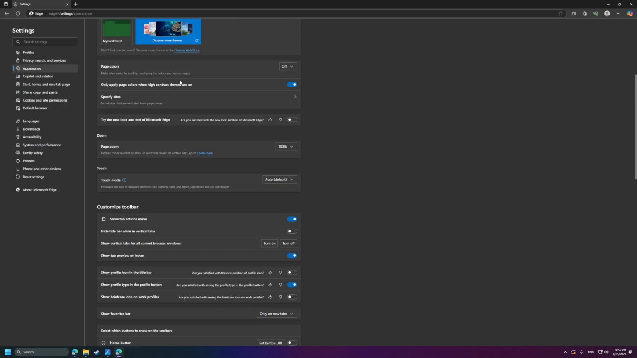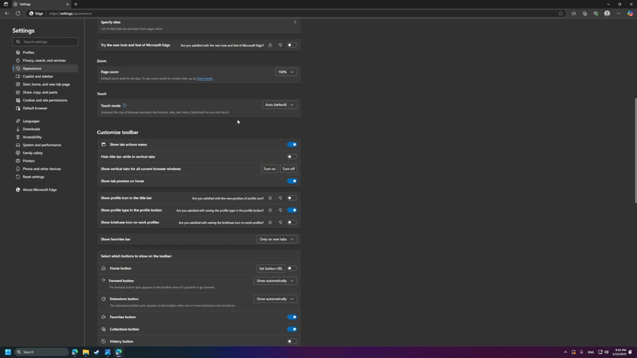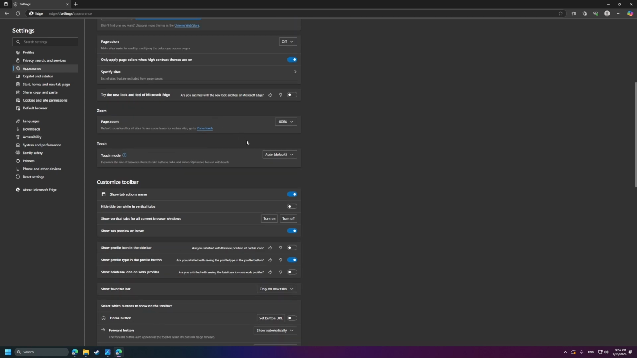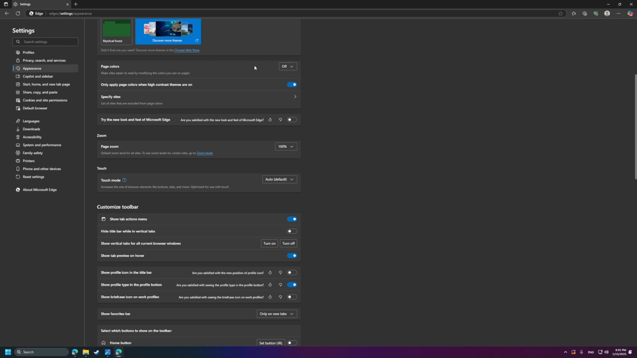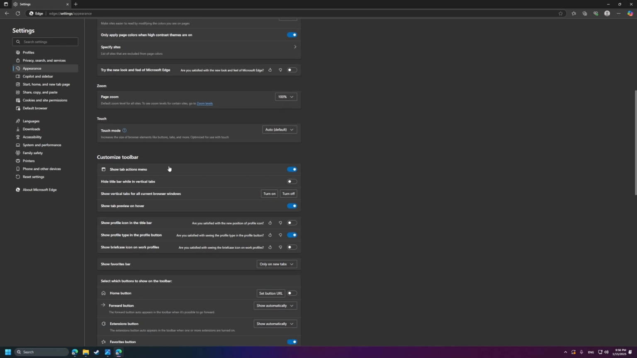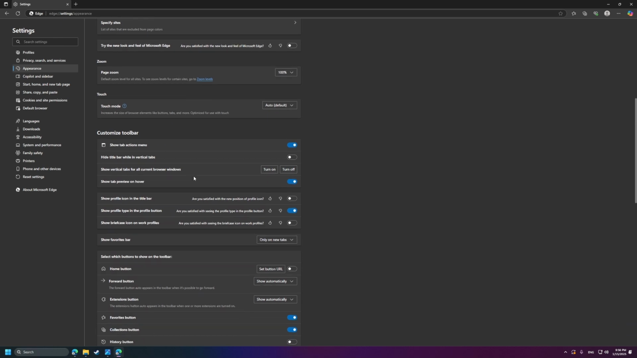Let's go to the next tab, appearance. They hide some pretty good stuff in here. So, page colors, I keep the pages default. I don't like the new look and feel of Microsoft Edge. Show tab actions menu, I keep that on. Show tab preview on hover, I keep that off. Show profile button, show profile icon in the title bar, I just leave that off by default,